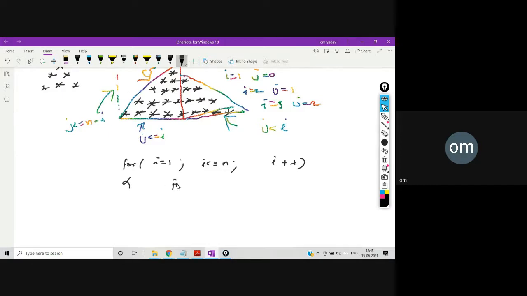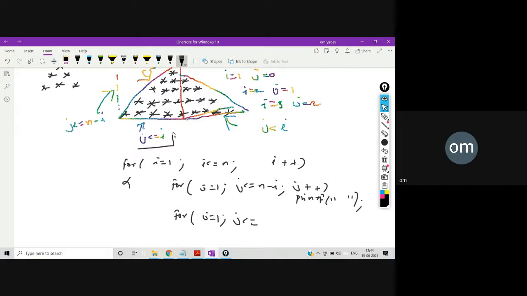I'm writing here for j equal to 1, j less than equal to n minus I, j plus plus, printf one space. Now second for loop for this one: for j equal to 1, j less than equal to I, j plus plus, printf star.